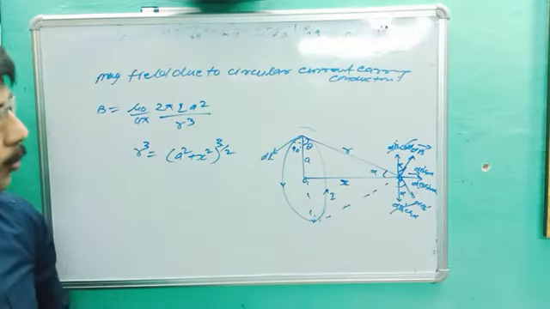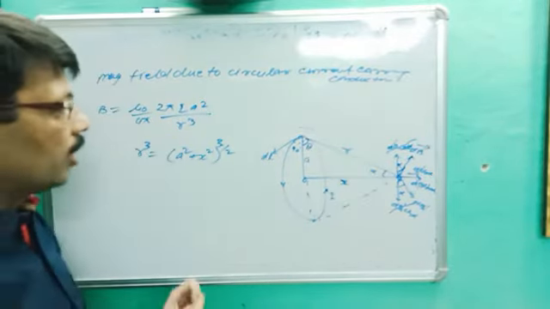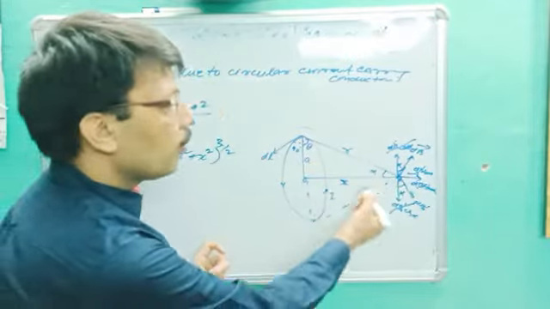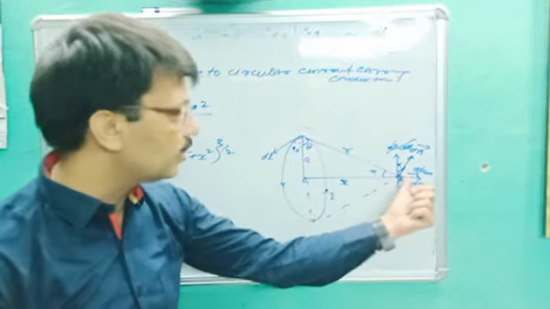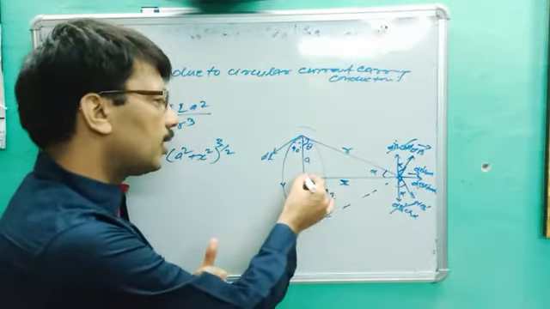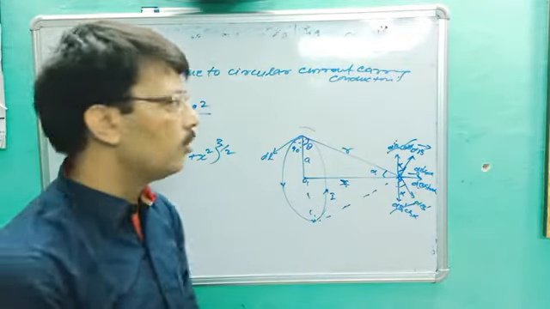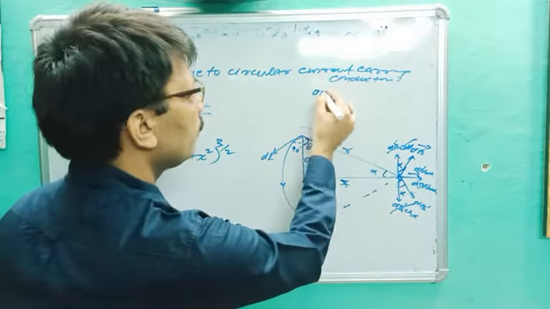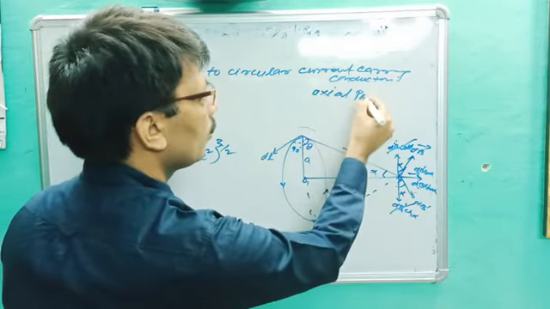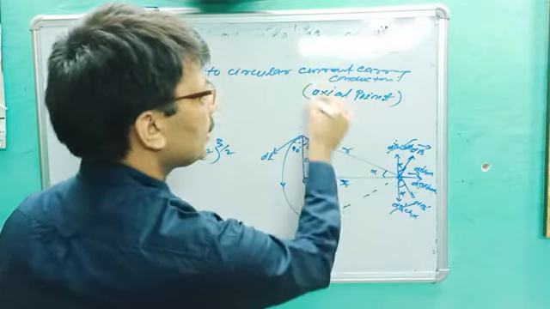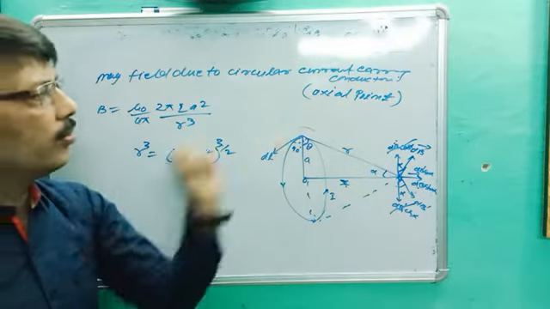I am just trying to put the generalized form, and we are getting the magnetic field due to a circular coil at the axial point. Are you getting? This is the axial point. If you try to find out the field at the center, you have to put x is equal to 0. So we will get both formulas, but the axial point is the general one, because at the center it is very easy. So we are talking about only the axial point.